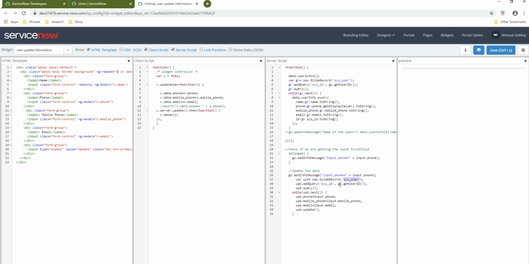My addQuery is querying the current user again because you want to update the current data, and here you access these client script variables using input.phone or input.mobile_phone. So input.phone is updating phone, and input.mobile_phone is updating mobile number, and similarly the email address. In the end, I am writing the update information to the table. So when I save it,